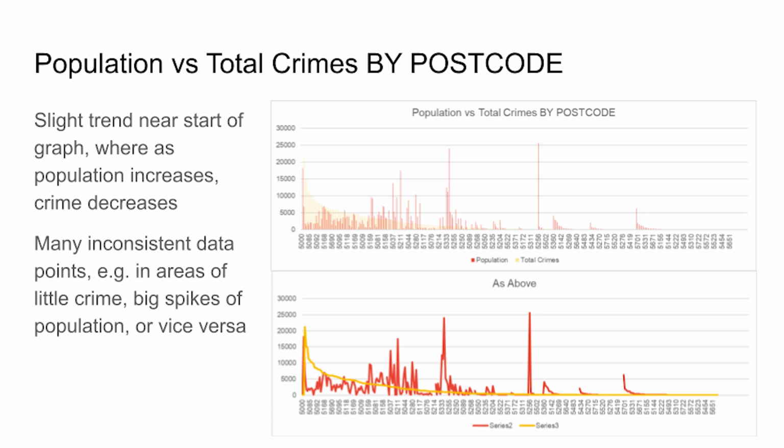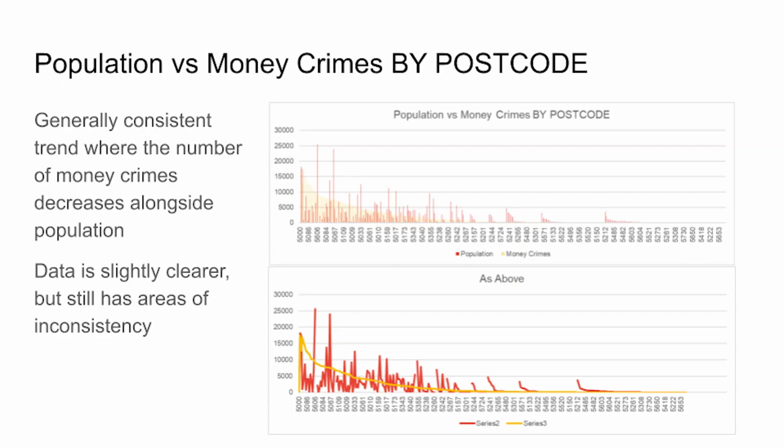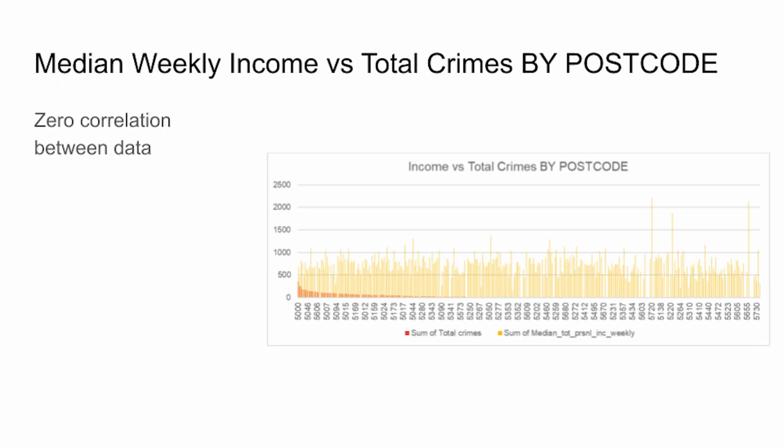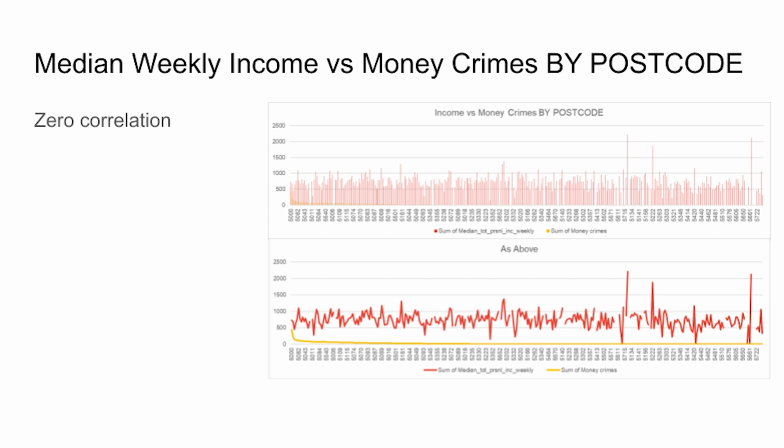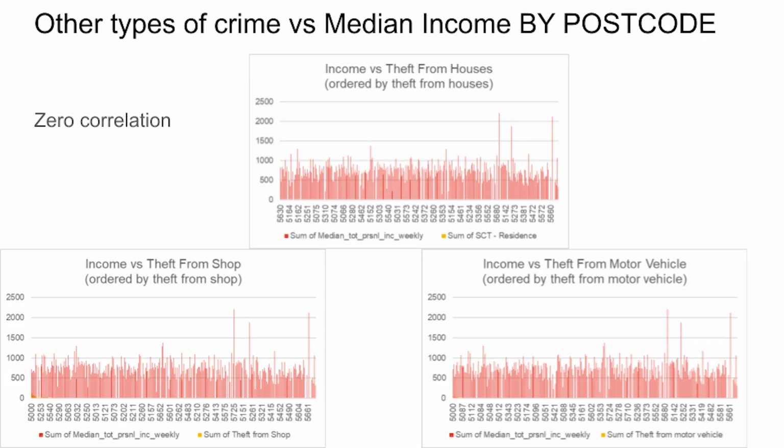Trying to draw the exact effects of population is practically impossible, and you can see how the trend is just so vague. There are dips and spikes everywhere. It is not linear at all. In fact, this is better seen where we compare income. It's almost as if the factors of income's influence cancel each other out, and there is literally no trend. It's almost a straight line, even when we narrow it down to specific crimes, as you can see here.